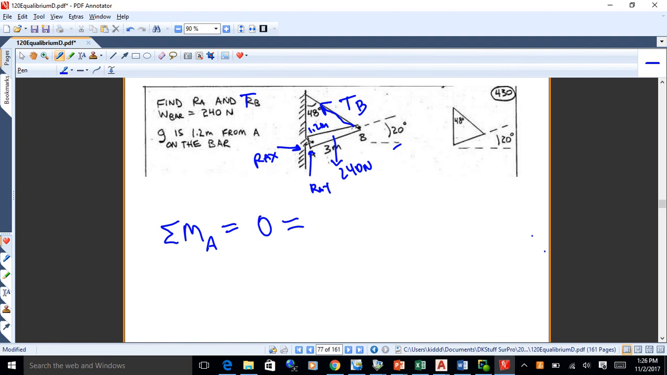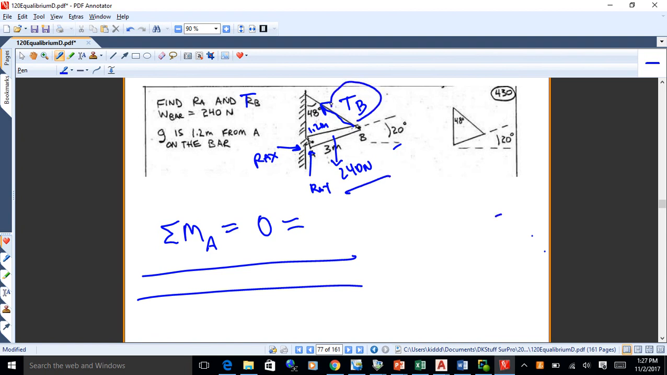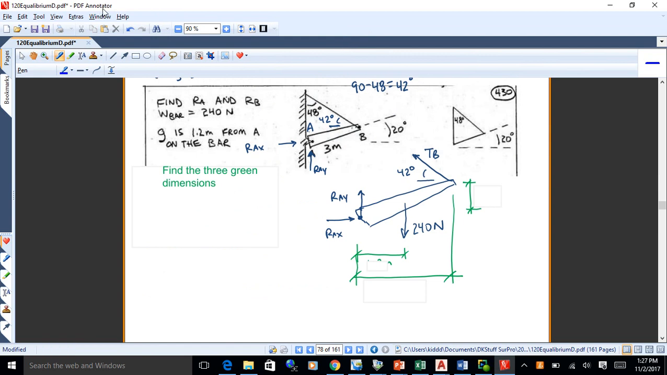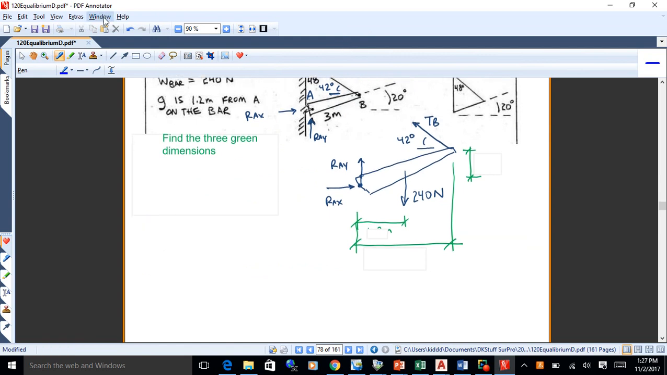All right, now, if I'm going to take moments about A, I want to get X and Y dimensions to the forces that I'm going to work with from A. I want to get this identified so I know how to dimension the thing efficiently. So that's how I'm going to start this thing off. What I want to do is measure everything from A to the 240 and from A to the tension at B or reaction at B, whatever you want to call it, okay? So I want those dimensions, X and Y dimensions, okay? So I want those green dimensions. I got X and Y